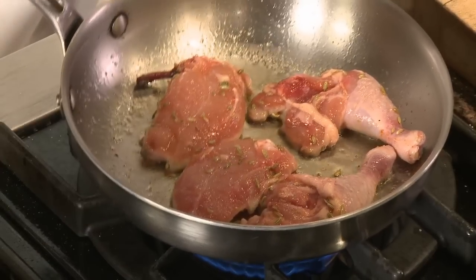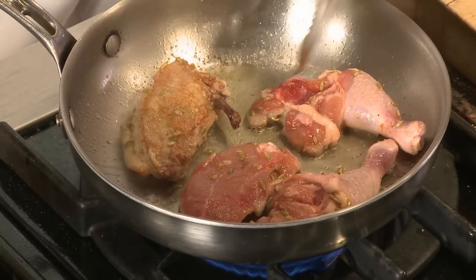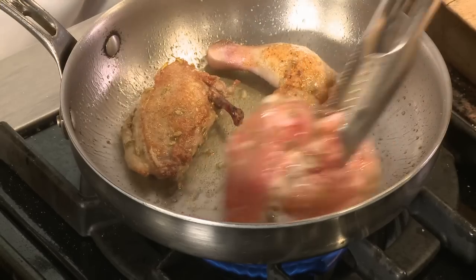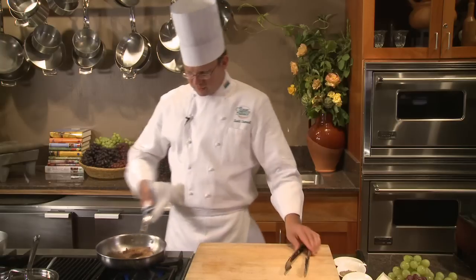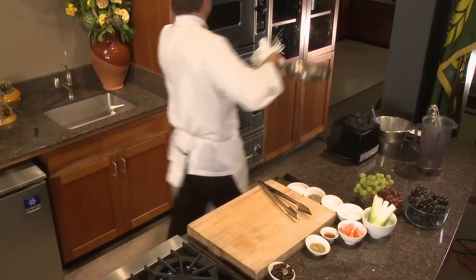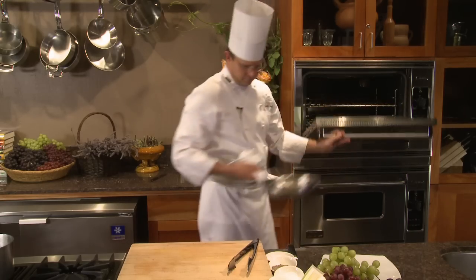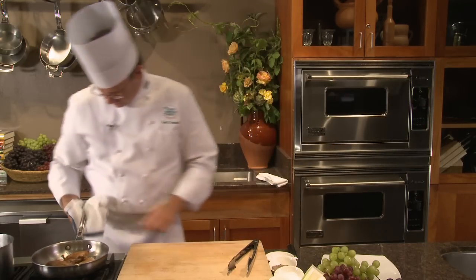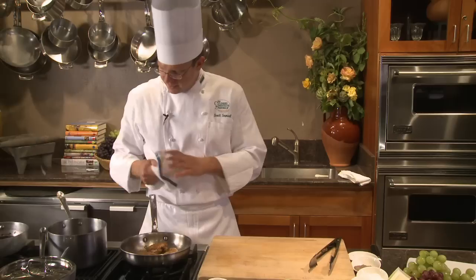Okay, so it's been in the pan for almost 2 minutes now. I can see the sides getting a little opaque, and there, nice color. Go ahead and flip it. So hot pan, hot oven. I'm going to place it in the oven for about 10 to 15 minutes and then remove it and let it rest and finish our dish. All right, our bird has had a chance to roast here. Let's take a look at it. All right, this is nice. We're going to let it rest for a couple minutes before we plate it, but let's once again look at